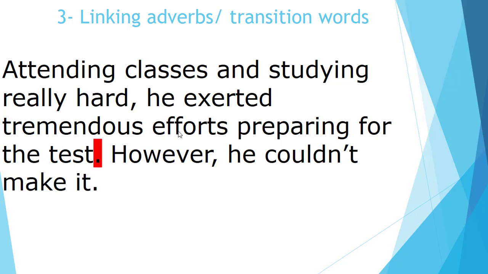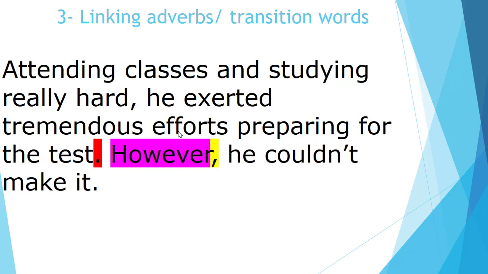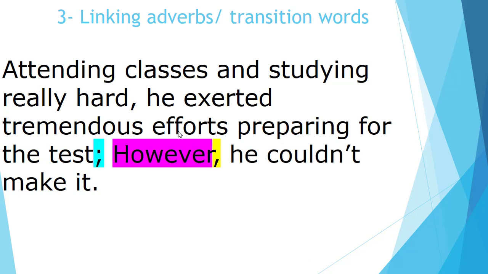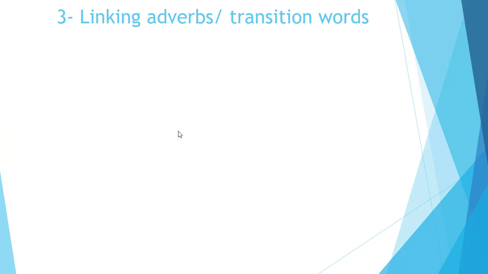We must have a full stop before it, and then the transition word, and then a comma. These three elements are very important, okay? However, it can be preceded by a semicolon instead of the full stop. So it can be a full stop or a semicolon, okay? So it's like sentence, full stop or semicolon, and then transition word, and then another sentence. Subject, okay, a sentence means subject verb, okay? Sentence with subject verb, and then full stop, or a semicolon, transition word, and then another sentence with a subject verb, okay? For example,